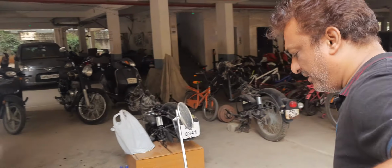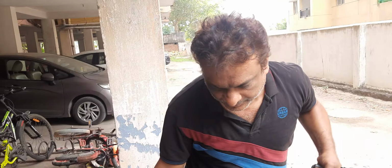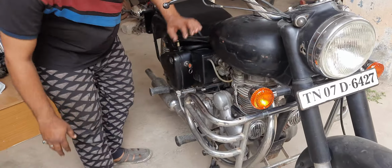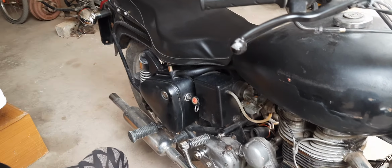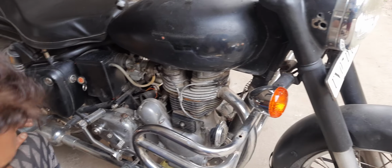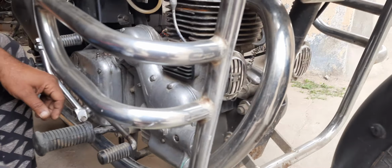And now it's time for looking at the timing gears for working on the lashing sound. So since I just went for a spin and came back, the gearbox and all. Anyhow, this bike needs an oil change. The first thumb rule is to